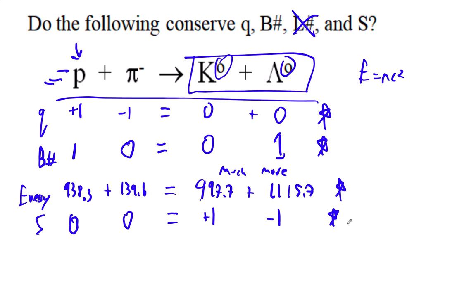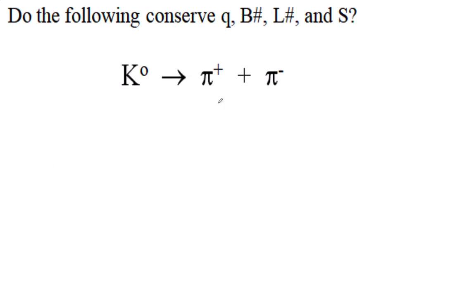Okay, you can't change strangeness number in a creation event like this. Now you can decay and violate strangeness, but you cannot do it with a creation event like this, where we slam particles together, or we're turning energy into matter. We can't do it then. That's a strong interaction. All right. Okay, so does this conserve charge? I think so, right? This is 0 turns to +1 and -1.